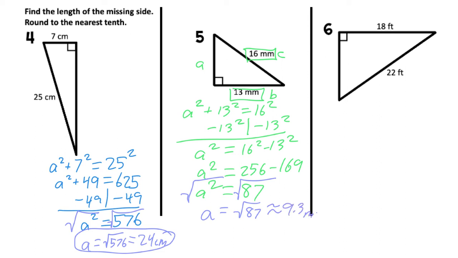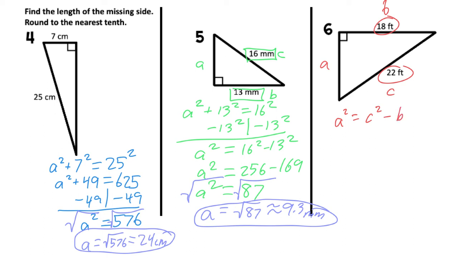Now let's look at example 6. Once again, we are given our hypotenuse. Here it's 22. So, just like in the previous questions, what we're going to do to get our missing leg is to subtract the square of the hypotenuse minus the square of the other leg, and then take the square root. So we have a squared equals c squared minus b squared, or 22 squared minus 18 squared, which is